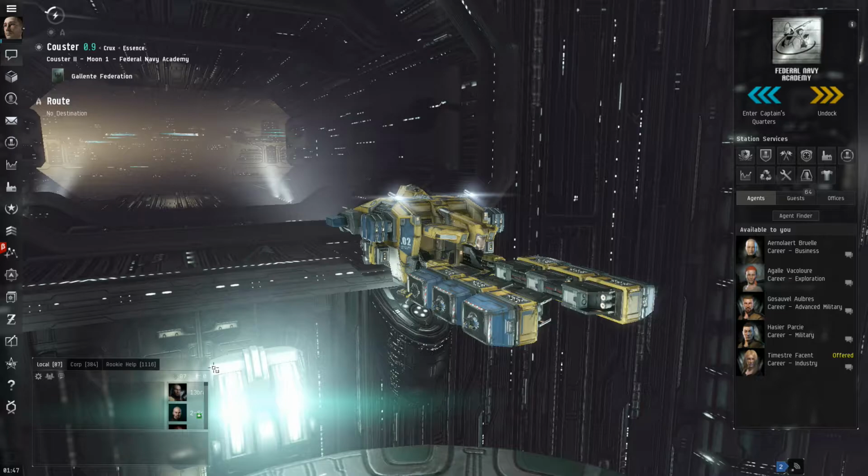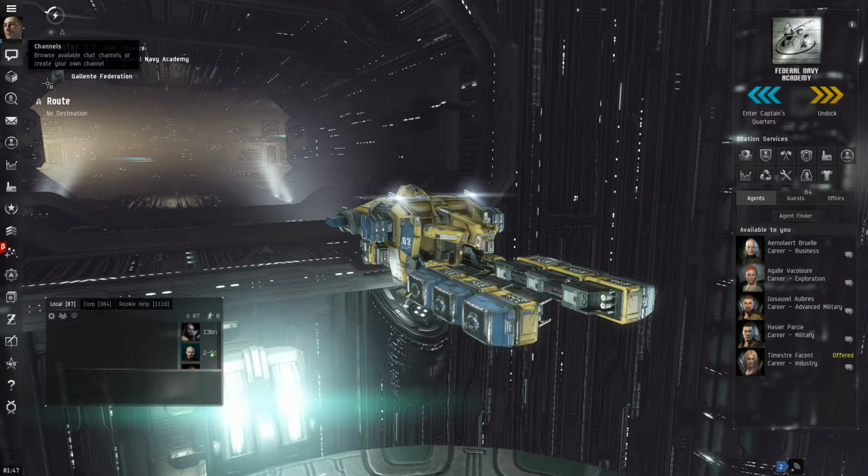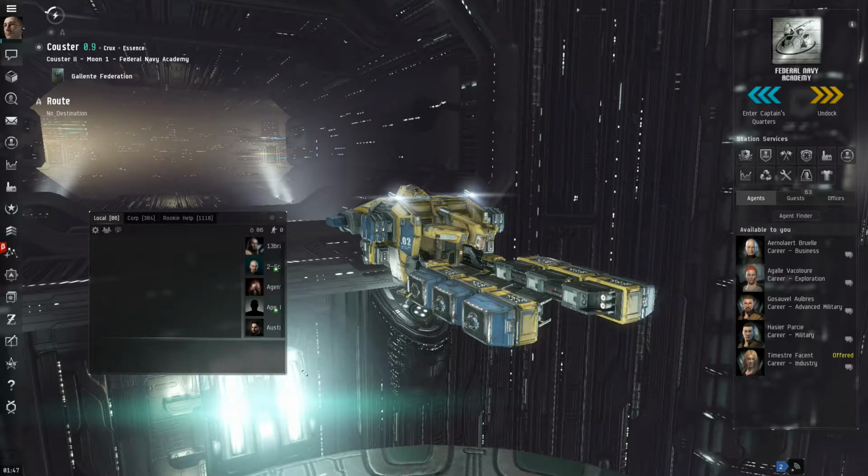Next up is the chat window. This is very much like Windows. You have your Neocom, which can be compared to your taskbar. Then you have windows, and just like in Windows, you can resize everything. You can simply move your mouse over any edge or any corner, and then left click and drag it around